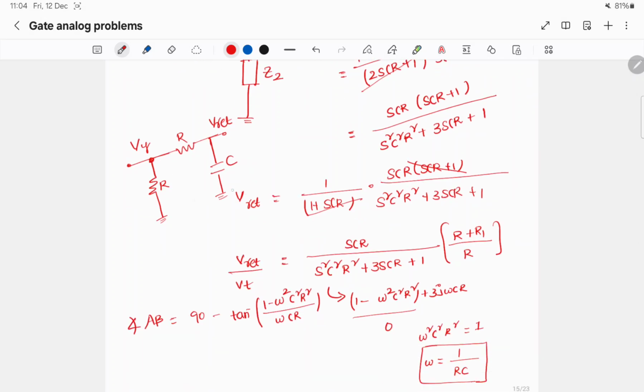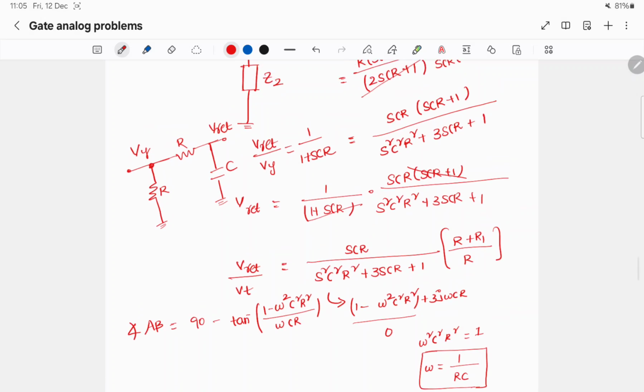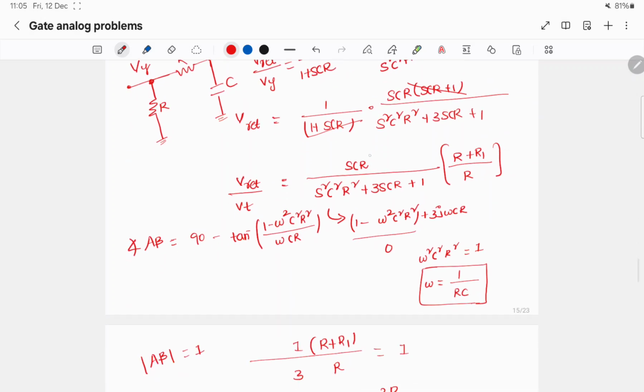From here to here, it is a simple low pass filter transfer function. The relation between V return and Vy is 1 by 1 plus SCR. So to get V return, I multiply Vy by 1 by 1 plus SCR. If I do that, 1 plus SCR cancels out, and the loop gain will be the function SCR by S square C square R square plus 3 SCR plus 1,